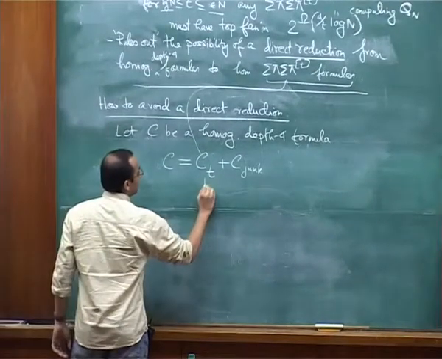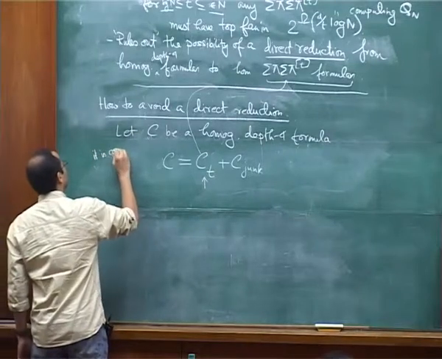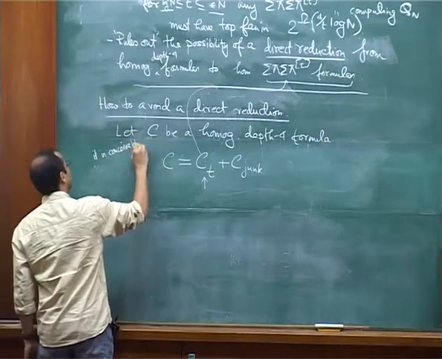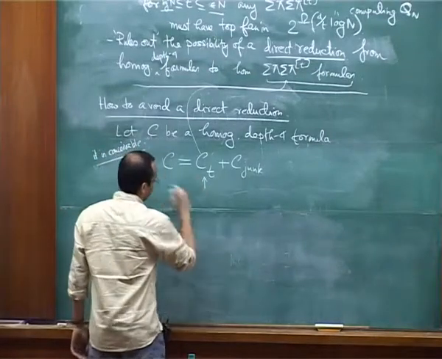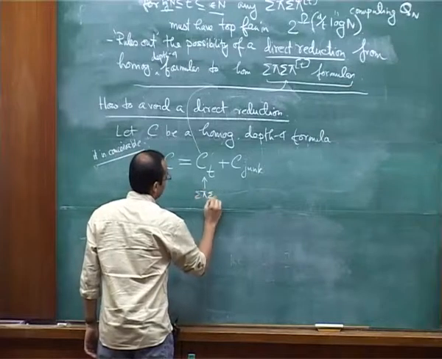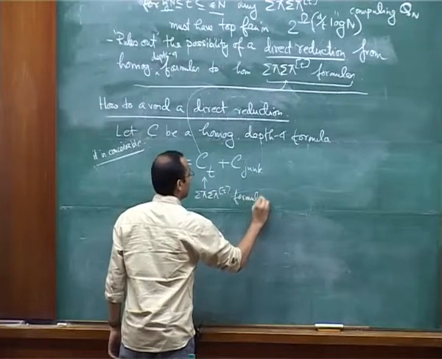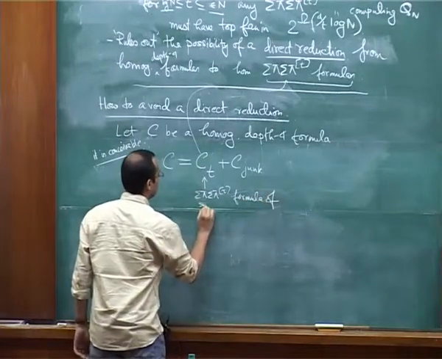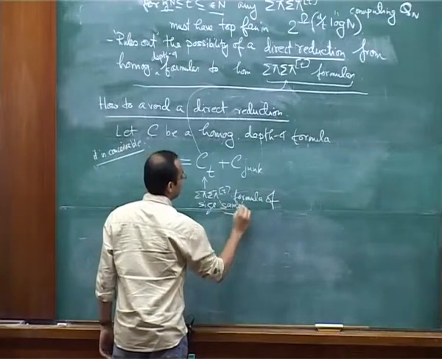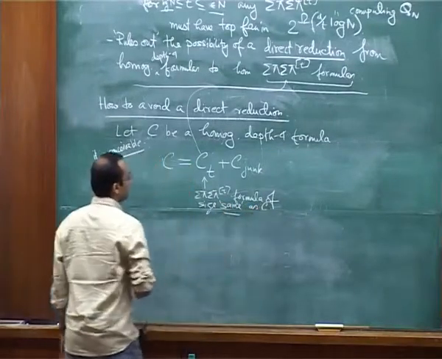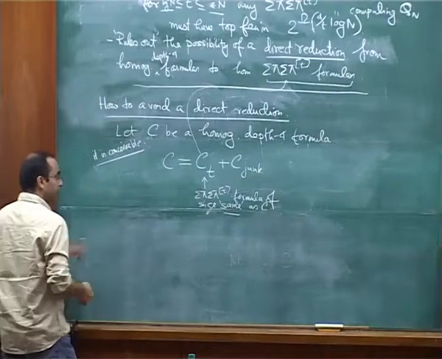It is conceivable. I'm not saying it will always happen. Sometimes we are lucky, it might happen. Here Ct is a sigma pi sigma t formula of size the same or comparable as C, such that the following happens. If with this setup